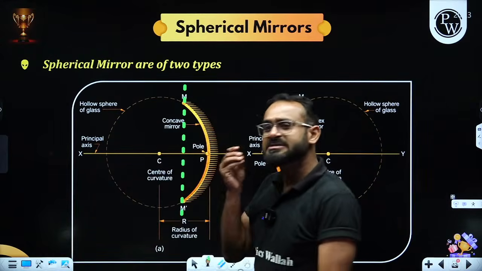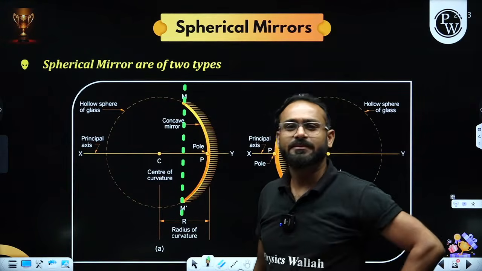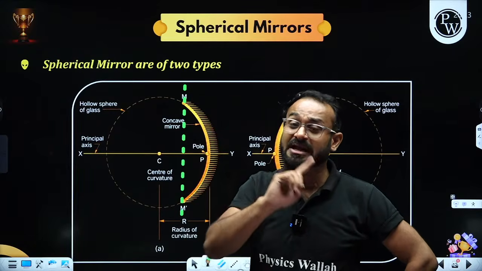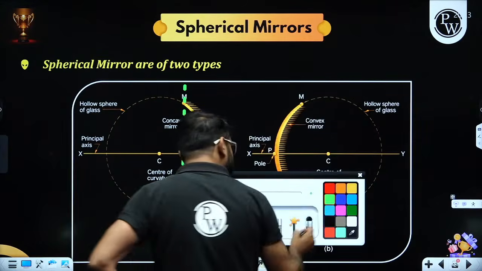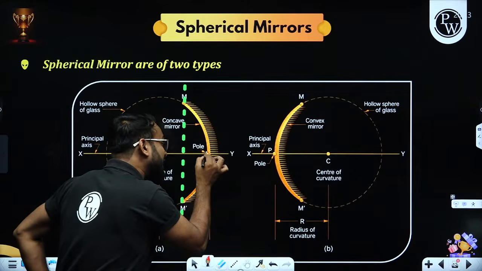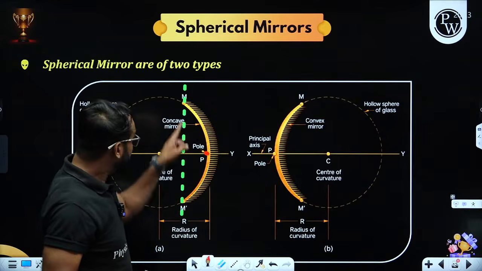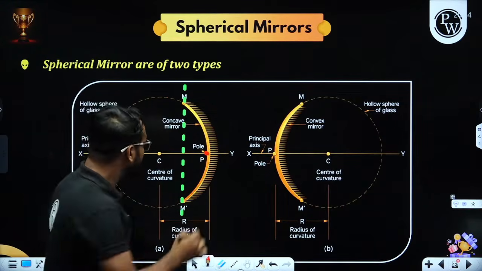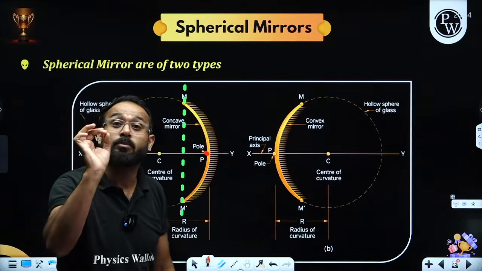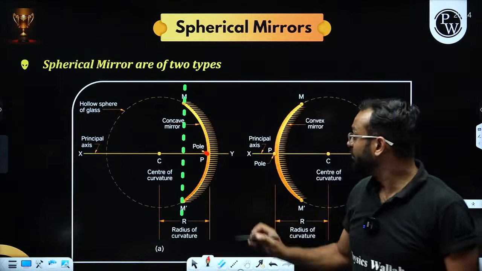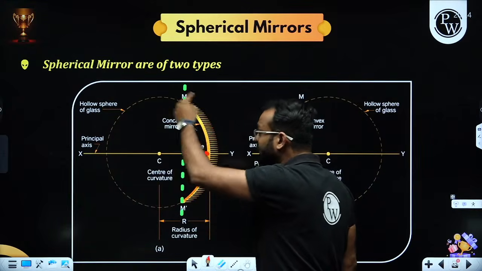Now there are certain terminologies that we need to remember. The definitions I'll give you later, but what are the terminologies that are required to learn? The very first is the center of the spherical mirror that we are using for reflection. This is the portion that we are using for reflection. Sir, a very small part. The midpoint of the spherical mirror is called the pole.